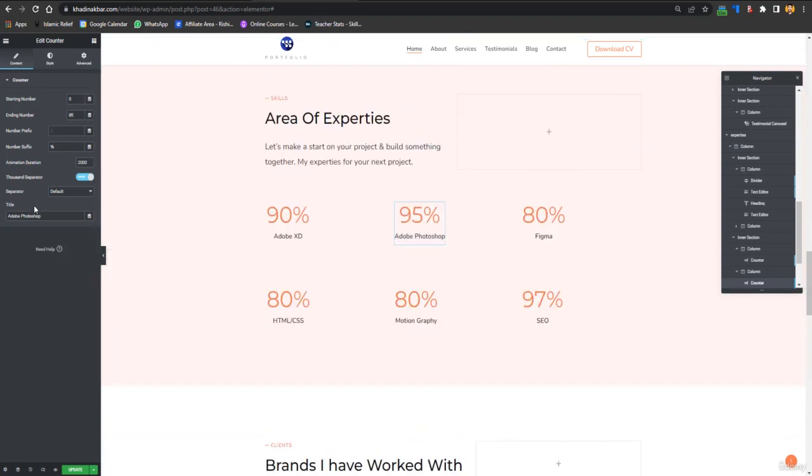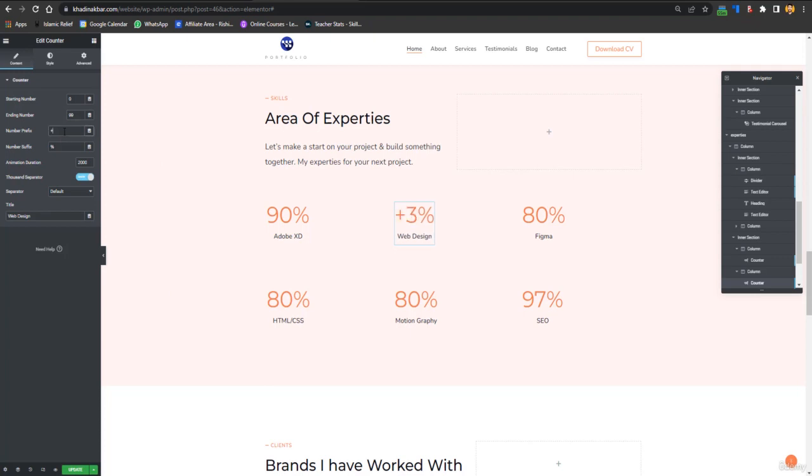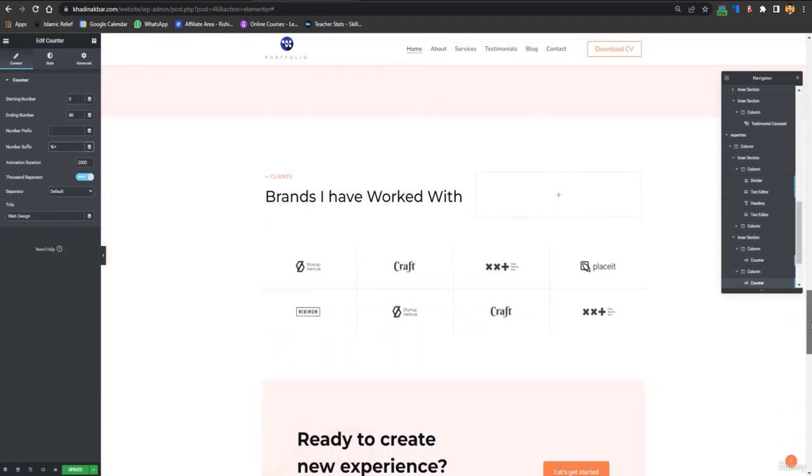Like if you want to change Adobe Photoshop, I'll add web design is 99%, and that's how you can change it. And if you want to add a prefix like 99% plus, you can add it as well. That's how you can play around with it.